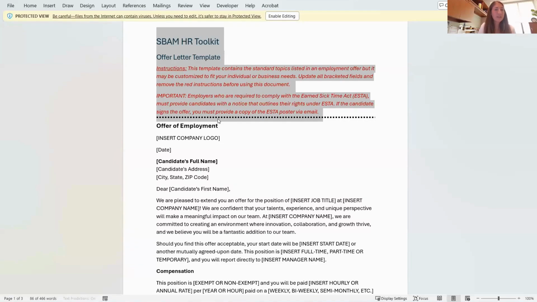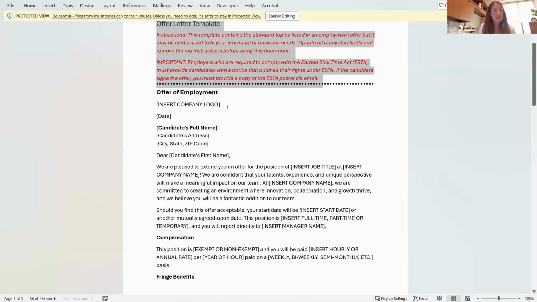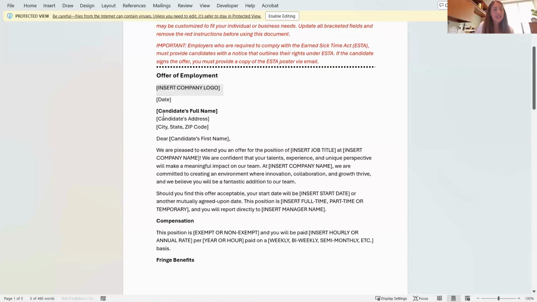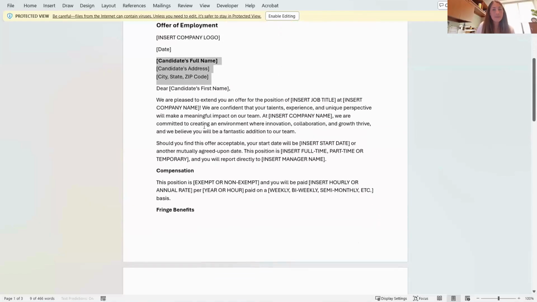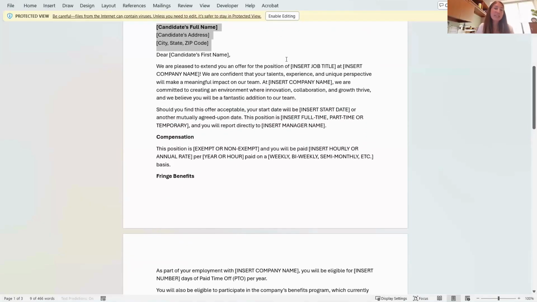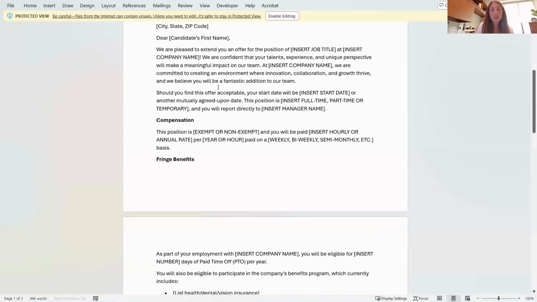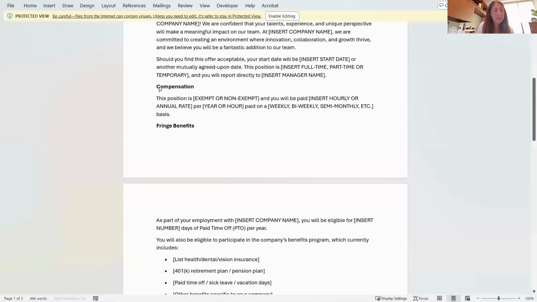notice right away. So to get started, it's always good to insert your logo if you have one, so you could paste that into the header, excuse me, of your offer letter, add the date, the candidate's information here, and then we've tried to make this as easy as possible with the bracketed fields. So you would just go in and insert the job title. Maybe it's a shipping and receiving associate at SBAM or something. And then you just go through and fill out what applies, including compensation,